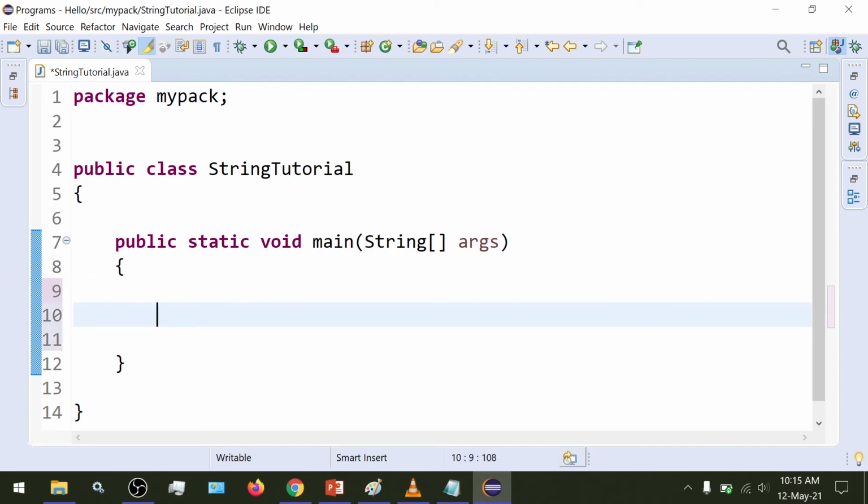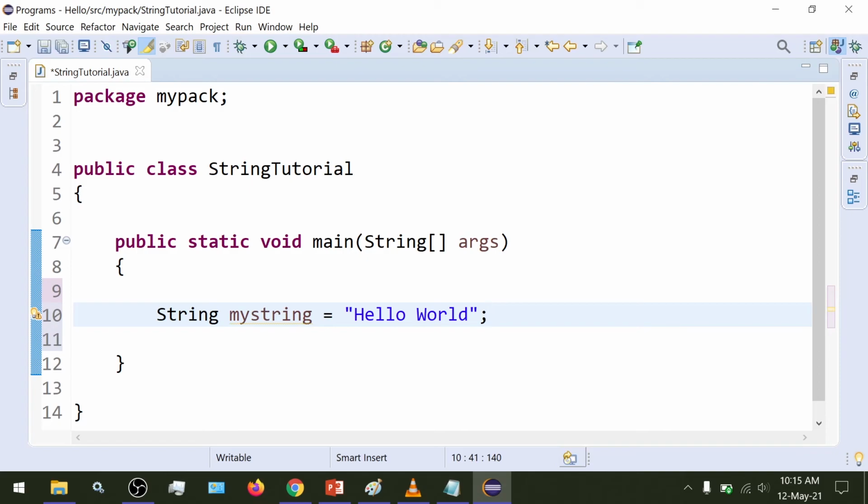This is just a simple Java program, a class and a main method. If you want to declare a string, first you would need to declare the data type as String and then a string name. It could be anything following the naming convention of Java, and then an equals sign, and then we could assign the value in double quotations. Anything we write here would become a string in the computer's memory.